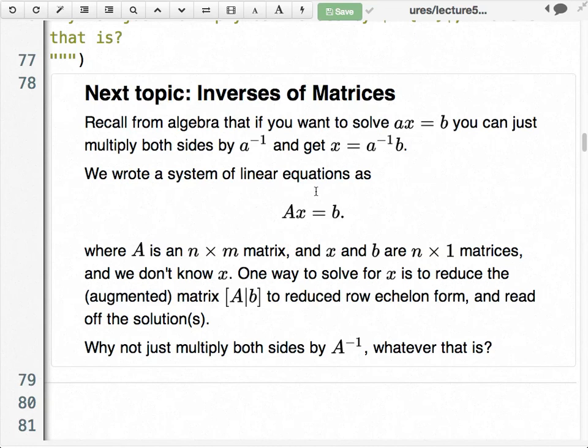Yes? So would it not have an inverse if you don't get the identity matrix? Yes, that's right. So the question is, do you get the identity matrix here? And if you do, then that matrix over there is going to be the inverse, which is really nice.